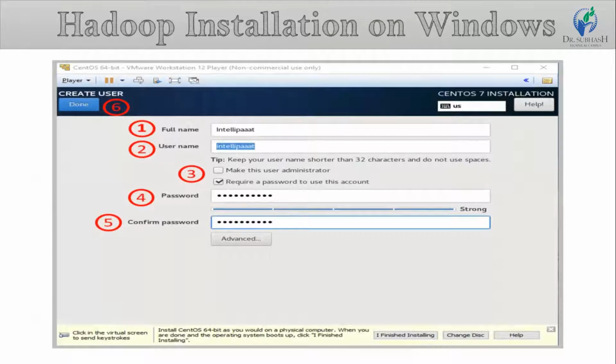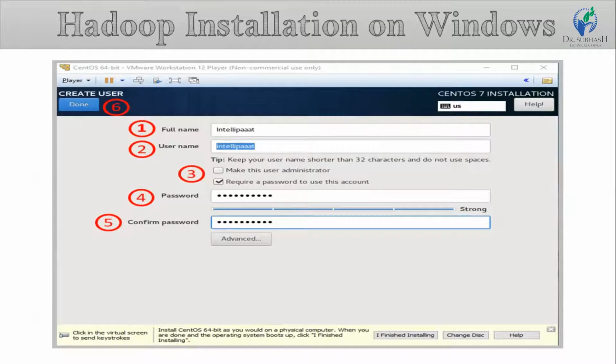In this image you will see 6 steps. In the first step, you enter your full name. Here I have entered IntelliPart. For the second step, you enter your username. Here I have entered IntelliPart.